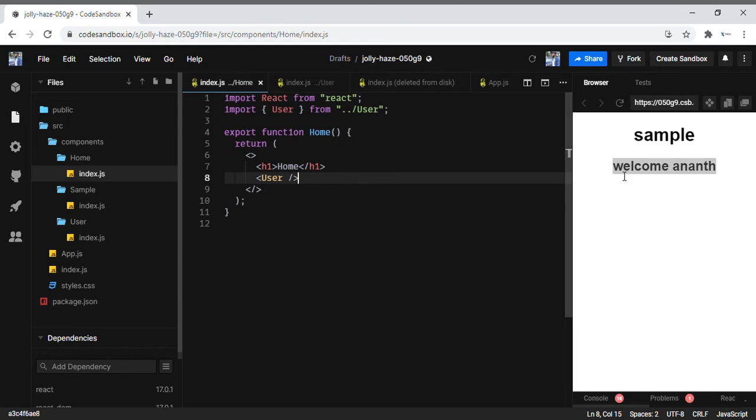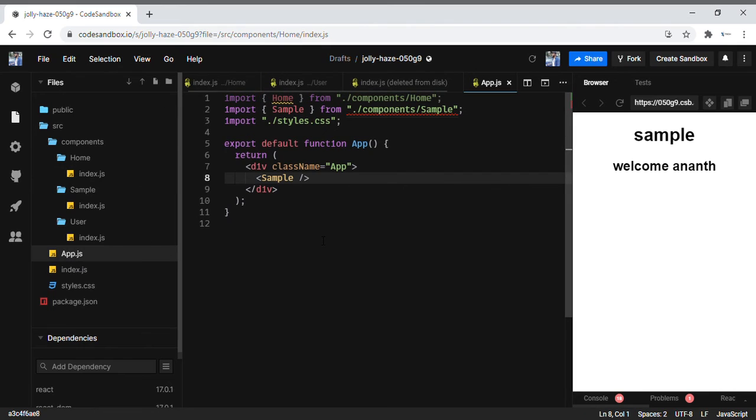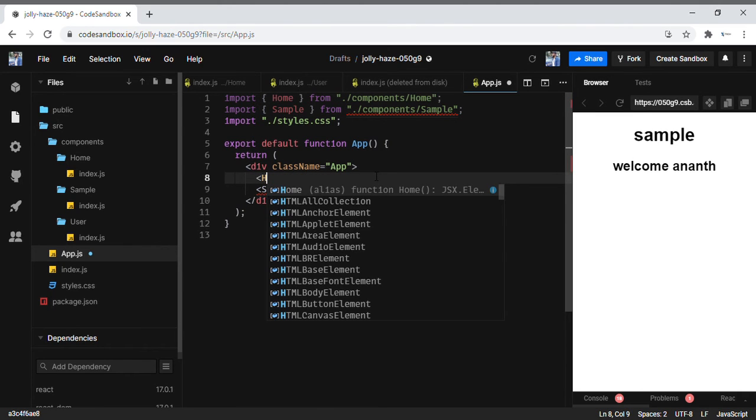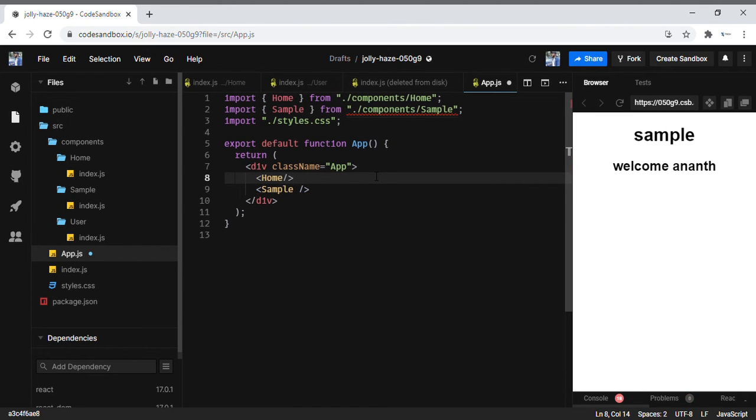Now it is displaying a message. Once again, let me put this home component back. So now if you see, this is the home component and this is the reusable component welcome Anand. And this is the sample component and this is the reusable component which is rendering welcome Anand.